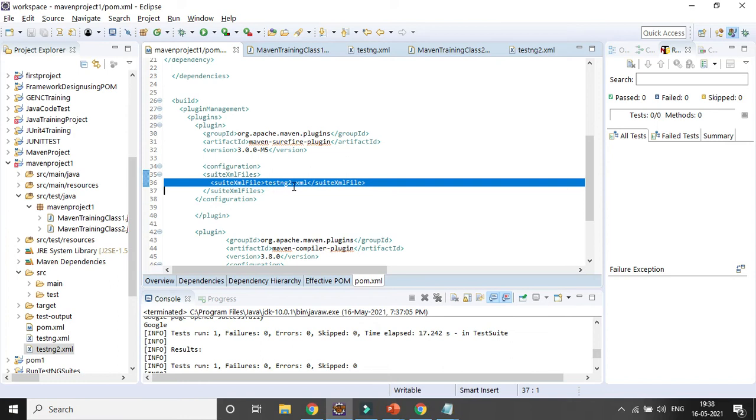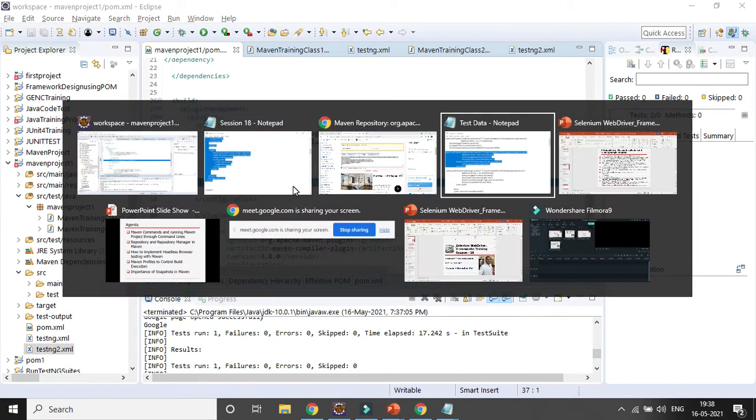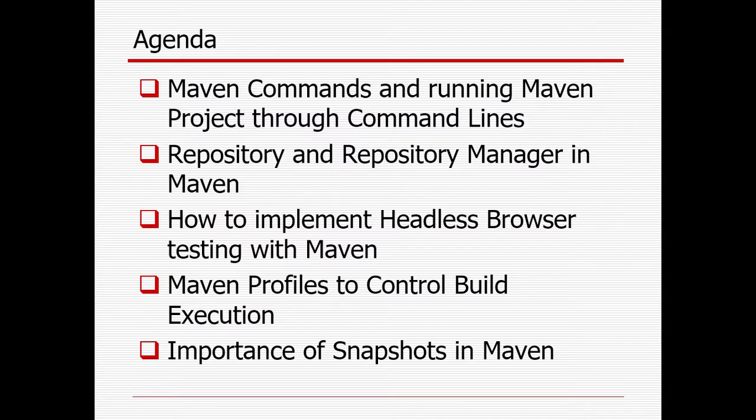That was covered yesterday. Still, I want to reiterate a few of the important topics. Now I will go to today's agenda: how we can run a Maven project through the command prompt, and what is required. Running from the command prompt has a lot of advantages, and one important aspect is that in case your Eclipse is not working, or the Maven project is not working, if you know the path of the project, you can run it without opening Eclipse also.